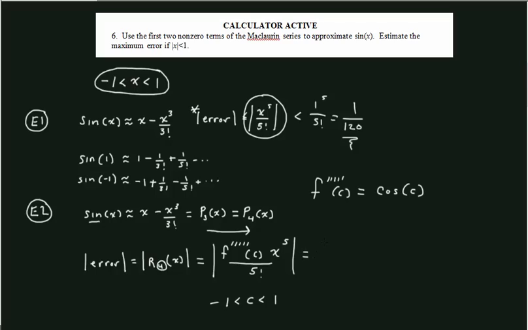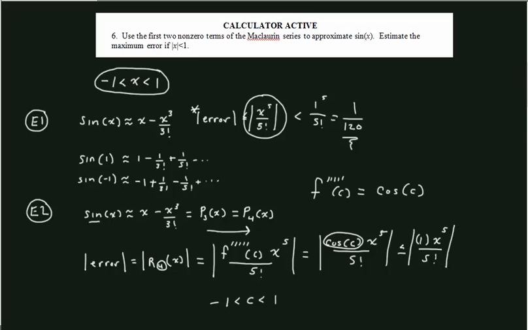So this expression here is equal to the cosine of c, x to the power of 5 over 5 factorial. Again, one more time, we don't know what c is, but we do know that the cosine of c can be bounded. We know at the biggest, cosine of c can be less than or equal to 1. So this expression is 1 x to the 5th over 5 factorial